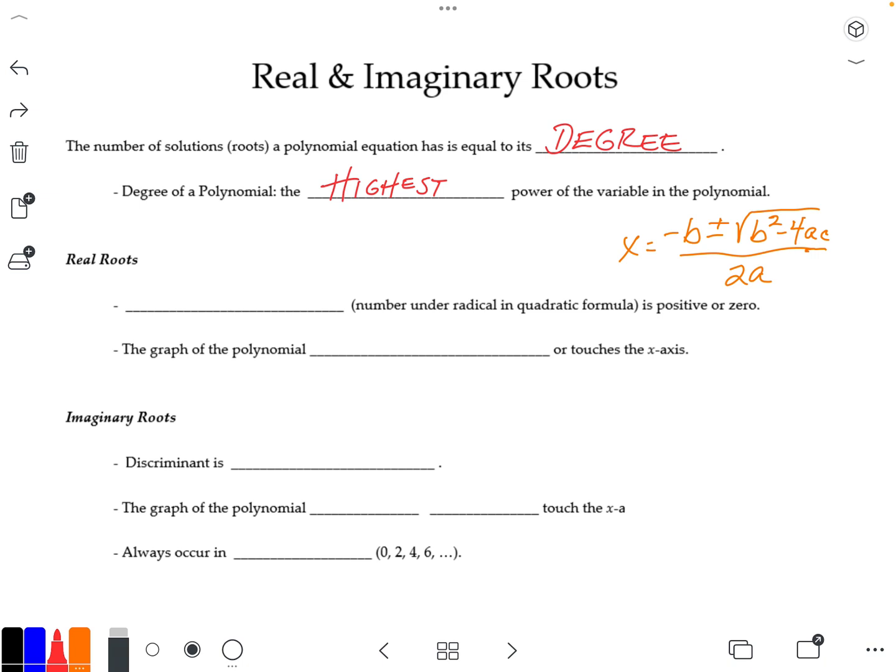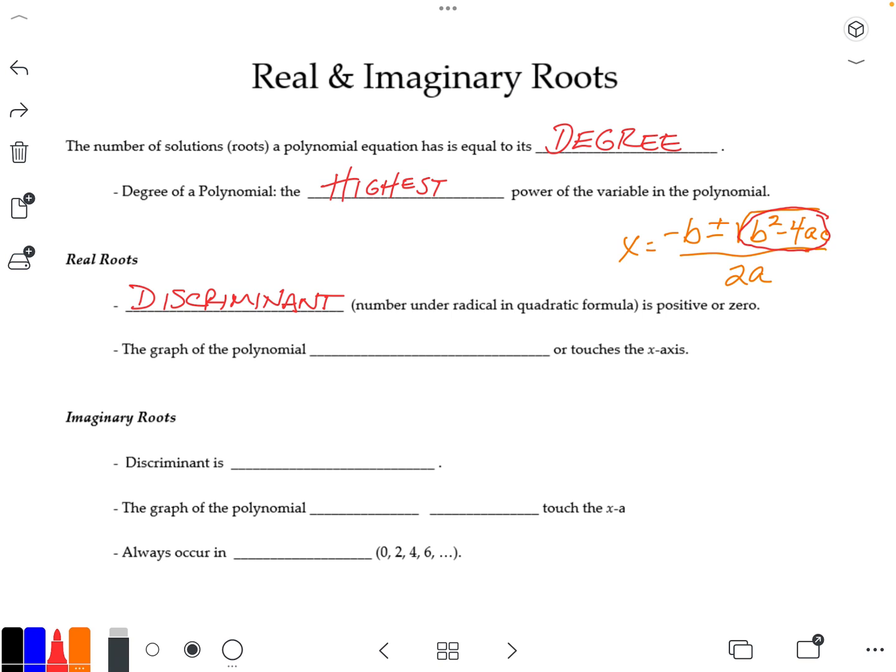So there's real roots and imaginary roots. If the polynomial is quadratic, in other words, the highest exponent of x is a 2, I'm going to look for something called the discriminant. And the discriminant is the value under the square root in the quadratic formula. As you can see here on the right-hand side of the screen in orange, I wrote the quadratic formula. Once I plug in all the numbers, whatever that value turns out to be, if that number is positive or 0,